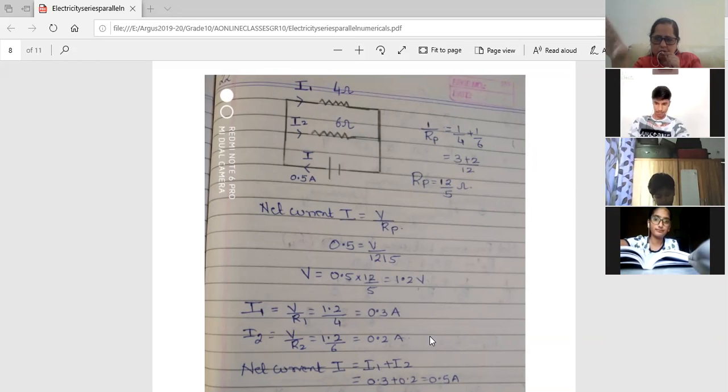What Mariam said was also correct. But you will be confused. Simple. We are using the physics tools only rather than going to algebra. Sometimes we have to go to algebra, but if we are able to use our physics tools, then no need of going in for a linear equation. So very easily I've got the answer. Followed, Mariam, how I got the answer? Okay, good.